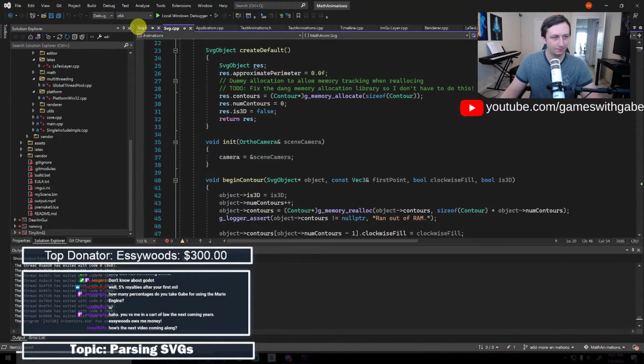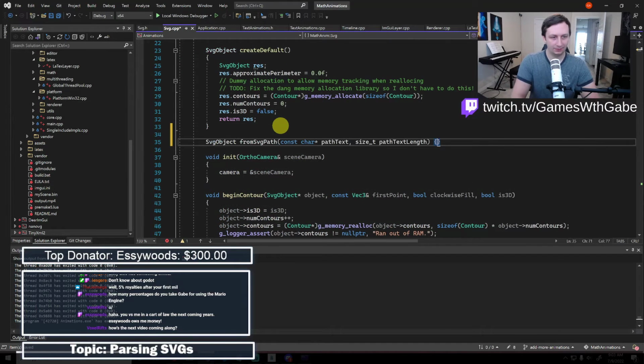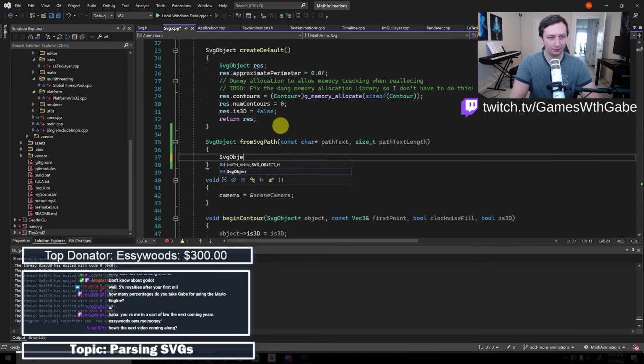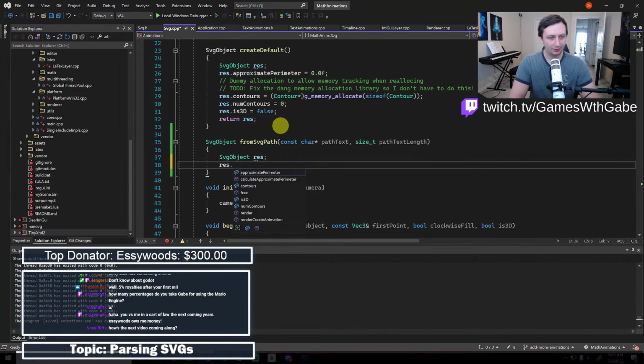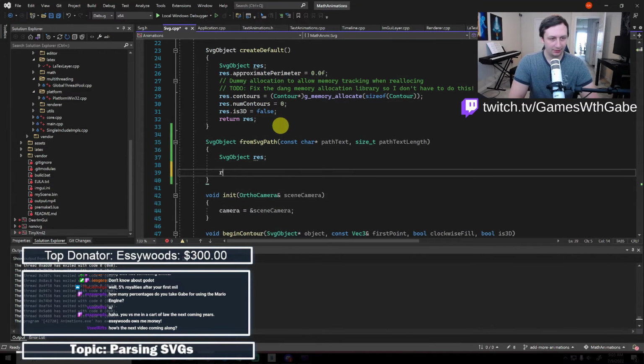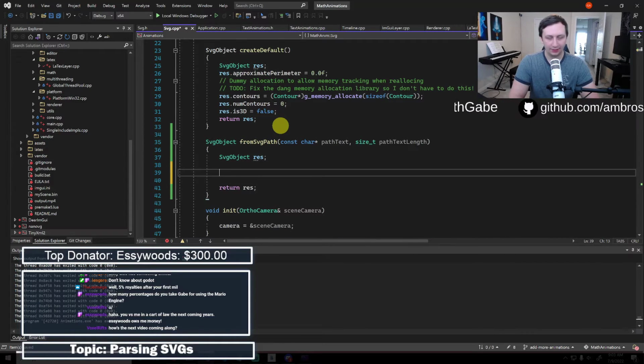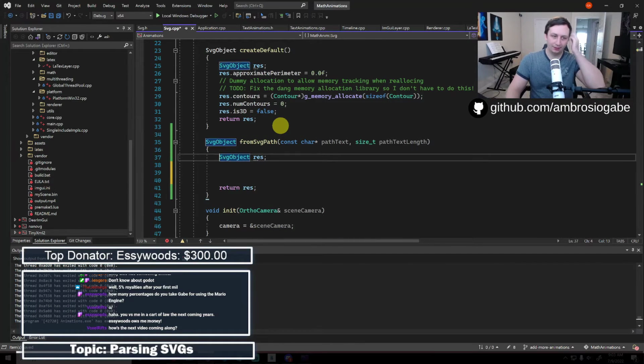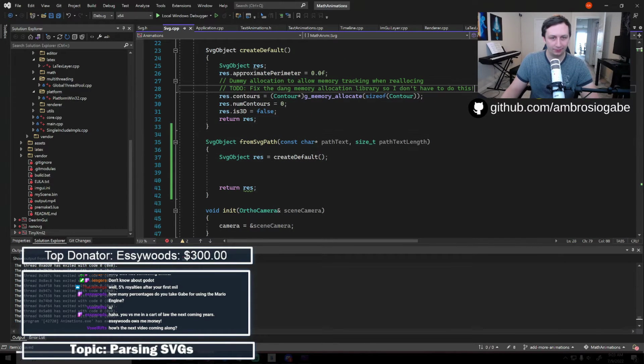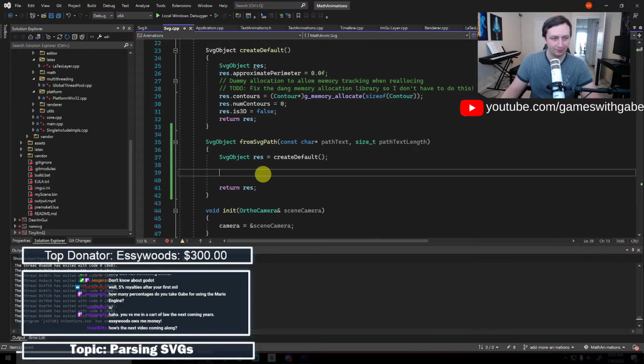So, yes. And so what we'll do is we'll say result. And we can kind of go from there, and then we'll just return that at the end of all this. Okay, and maybe I should say equals create default, which just does this stuff. Yeah, gotta fix this. Okay, let me just check chat real quick.